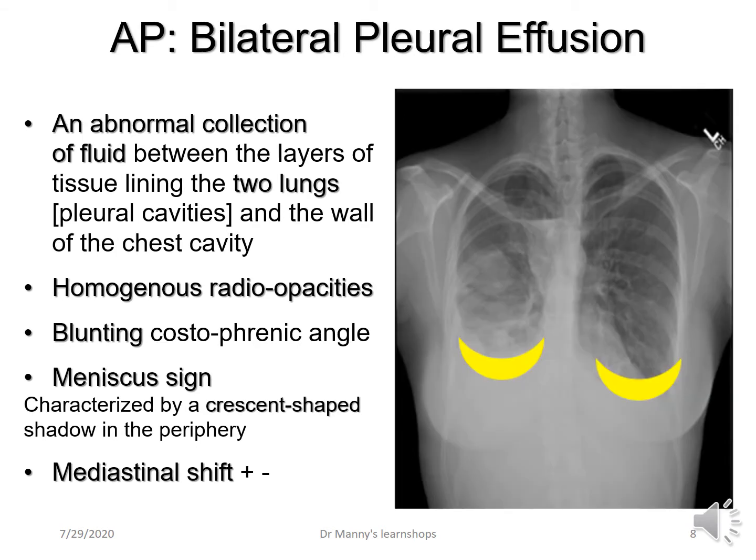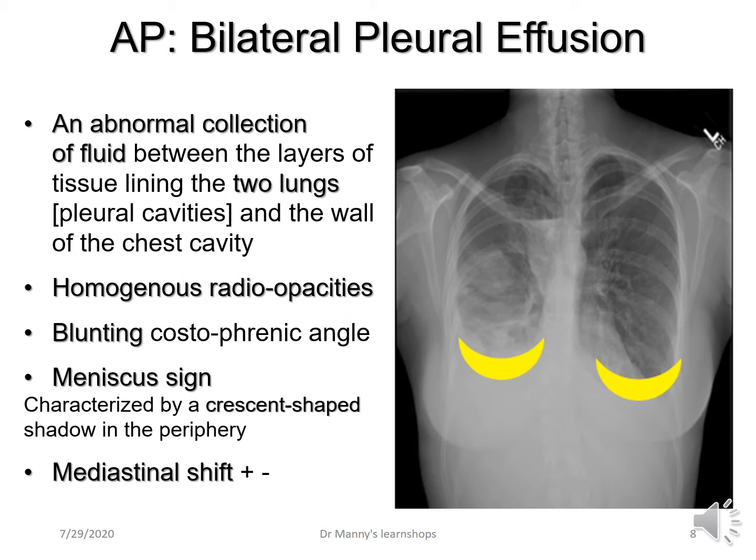Here's an example of a bilateral pleural effusion. And basically it's exactly the same, except it's happening on both sides. An abnormal collection of fluid between the layers of the tissue lining of both lungs or pleural cavities and the wall of the chest cavities. It's homogeneous in whiteness, or as a radiopaque or opacity, and there's blunting of the costophrenic angles if the person